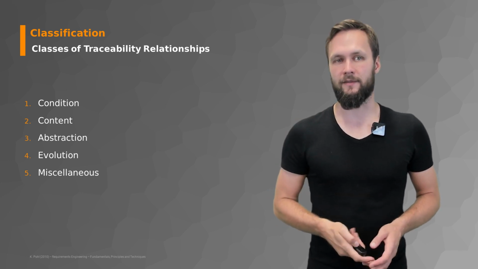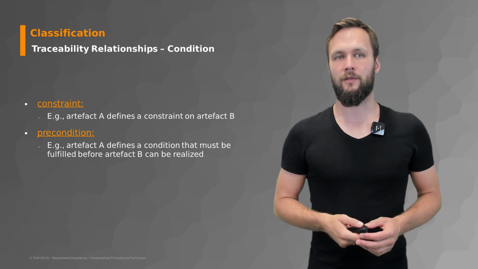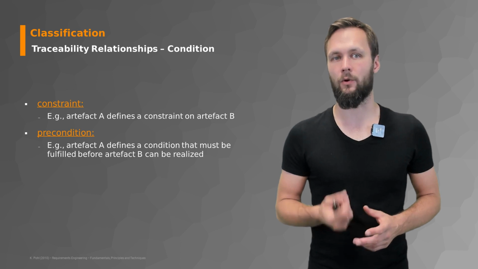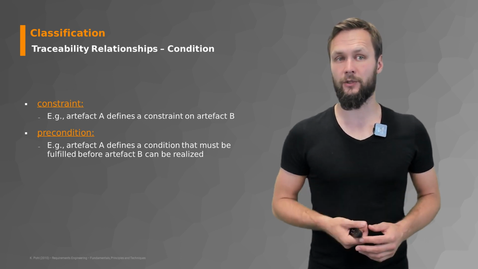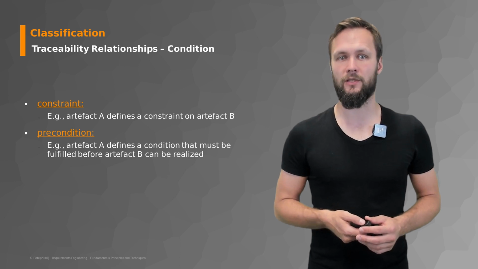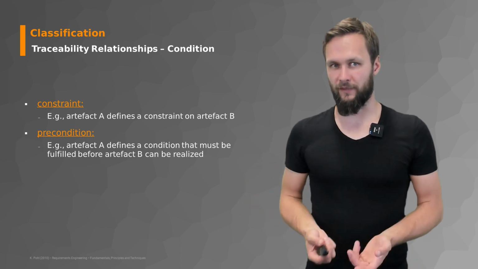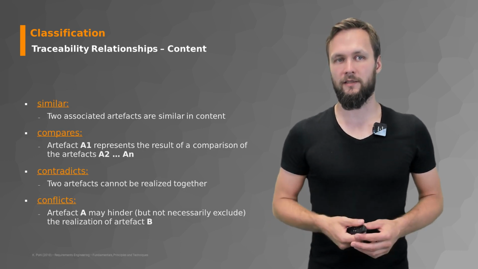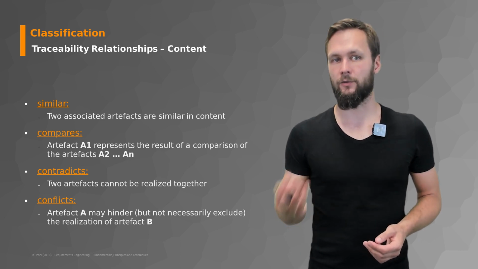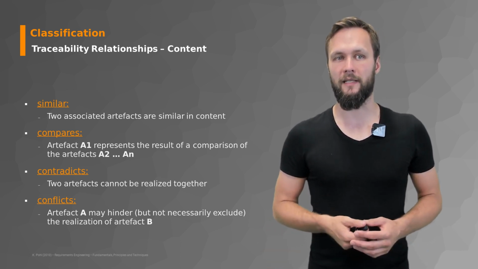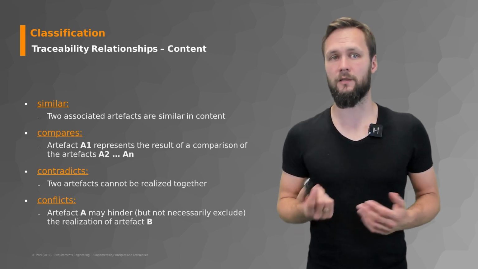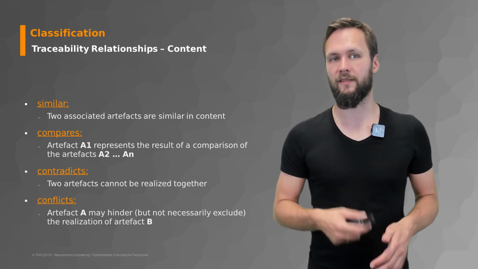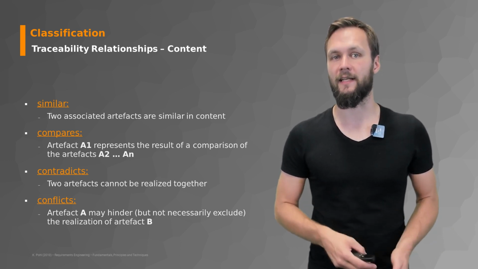evolution, and miscellaneous. Let's first talk about the conditions. That could be constraints, like artifact A defines a constraint on artifact B, or they could be preconditions. Artifact A defines a condition that must be fulfilled before artifact B can be realized. So constraint and precondition. For content, you can have something like similar, compares, contradicts, and conflicts, where similar means you have 2 associated artifacts that are similar in content. Or if you have compare, it means artifact A1 represents the result of a comparison of the artifacts A2 to